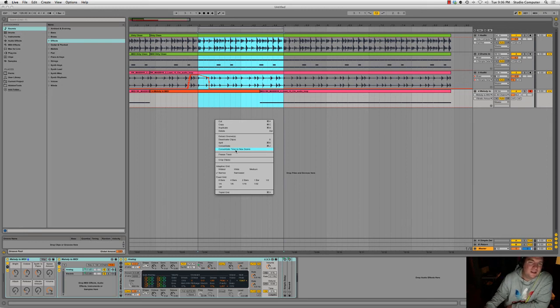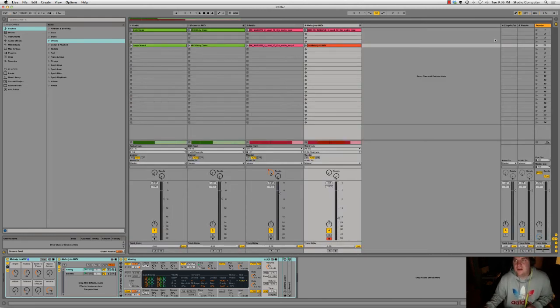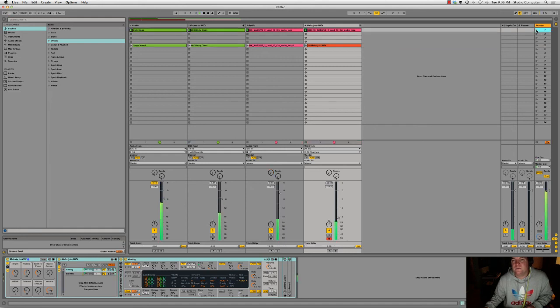What it's going to do is take this little jam session type thing that we did here, which is very simple and somewhat accidental, but that's the beauty of this music. So I can bounce it out there, and you can see it comes in here as a new scene. Now as I play this one,